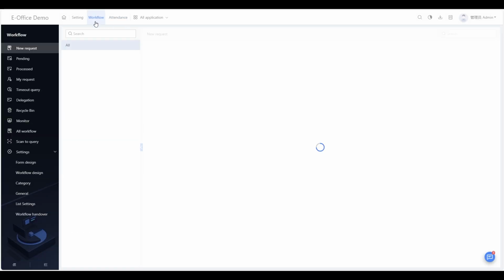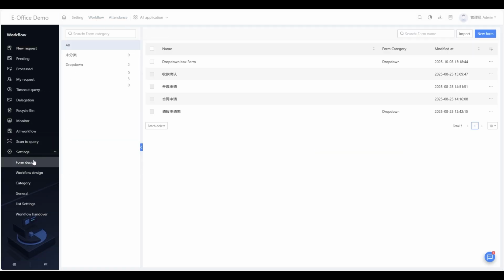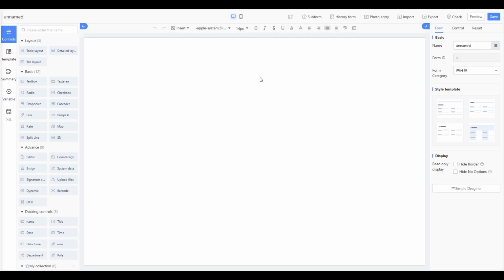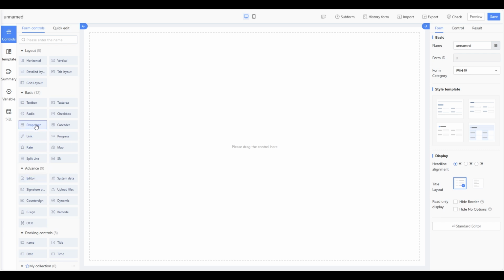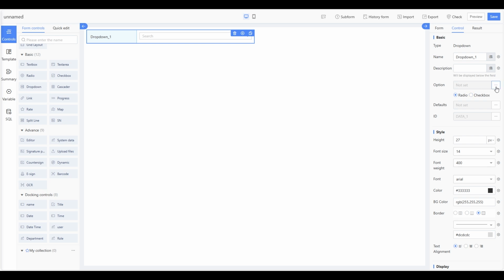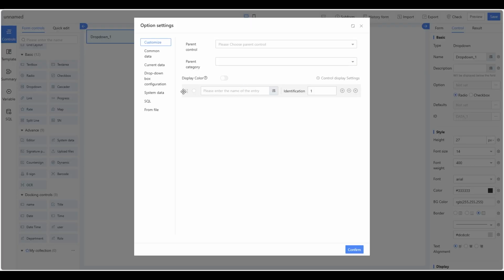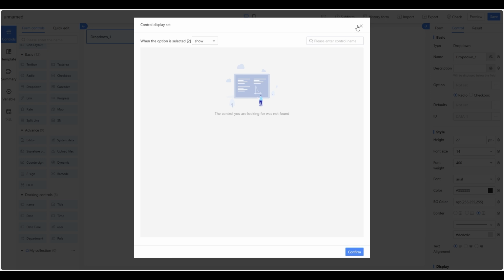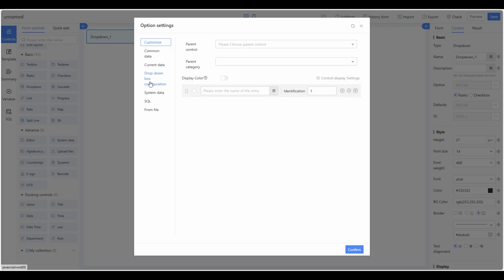when you're doing the workflow from the form design, and then create a new form. After you create a new form, there's a drop-down box element on here. You can drag it, place it, and then click on the option. And instead of inputting the choices here, 1, 2, 3, right? Instead of clicking on here, you can straight up click on the left-hand side drop-down box configuration and